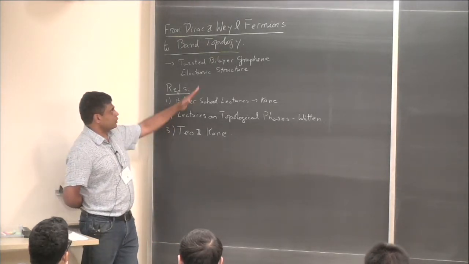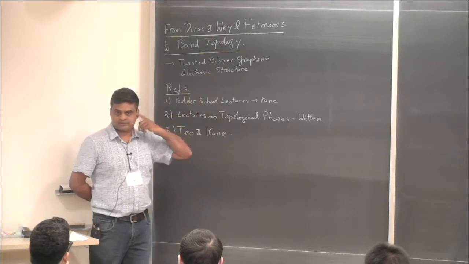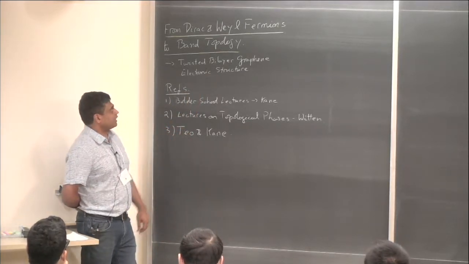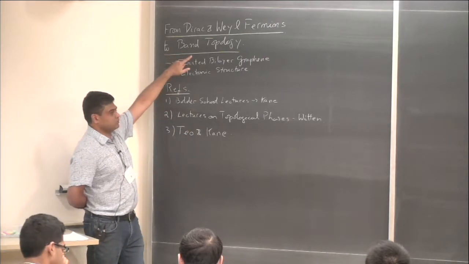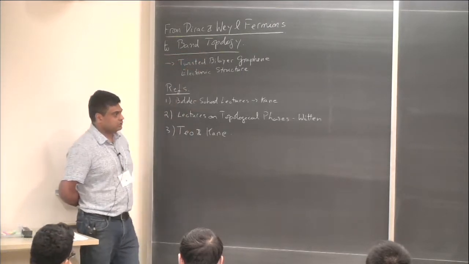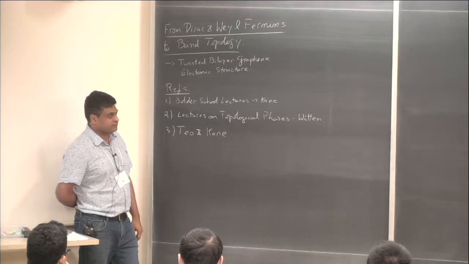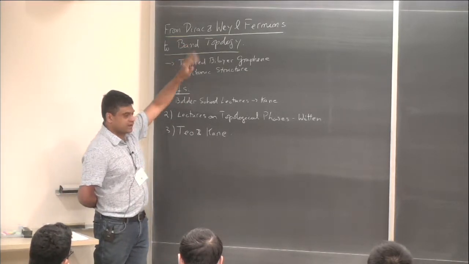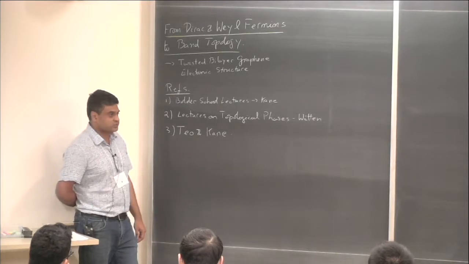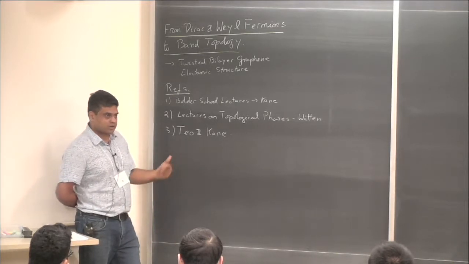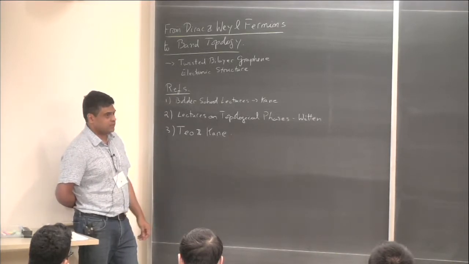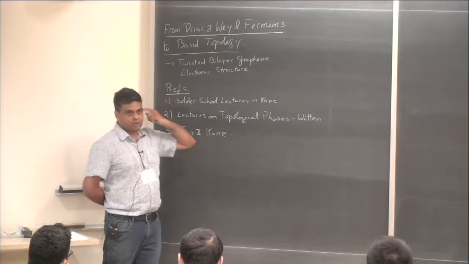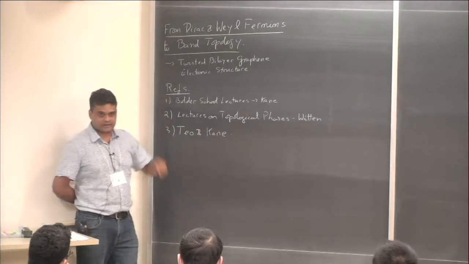So we all know that graphene has these Dirac points, right? In the electronic structure of graphene, you have Dirac points. So the way I'll try to think about band topology, or the topology of non-interacting fermions, is to use this Dirac equation, or the Weyl equation, as a building block to access these topological phases and to understand the topology of non-interacting fermions.